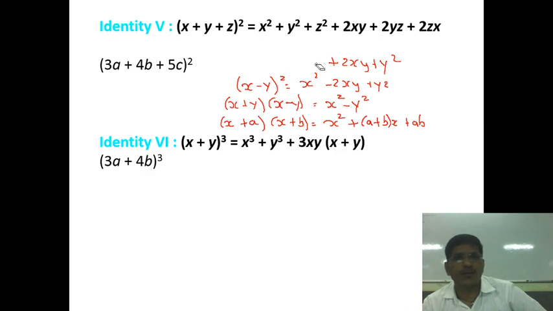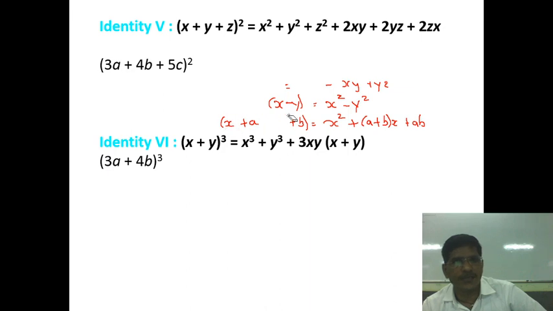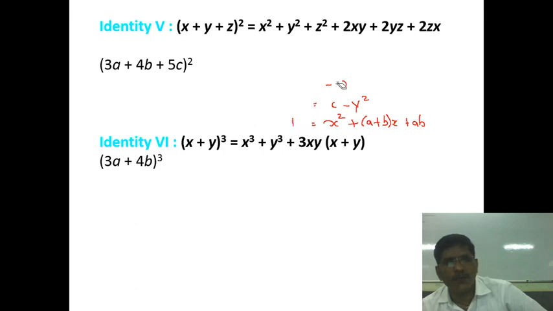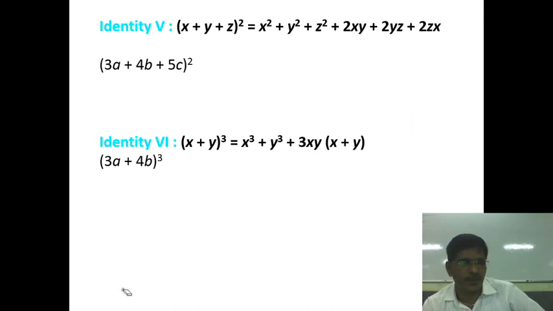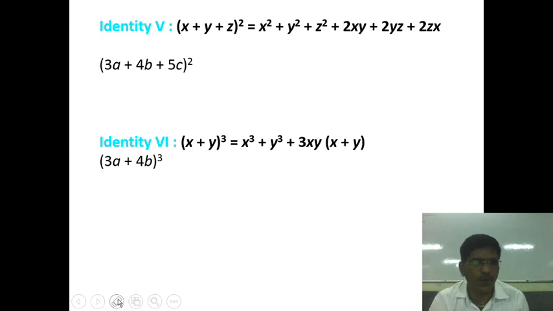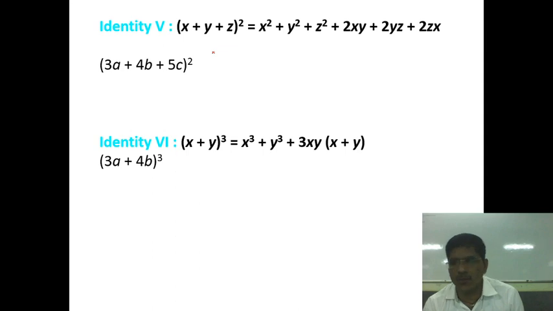That is our topic, that now three terms are there. In the first formulas, if you see properly, how many terms are there? Every time two terms and two brackets. But here now three terms are there. So if I want to open this, first of all, then we can generate the formula. How it is generated is not necessary. But anyhow, you have to remember the formula because it can be asked in an exam, and in government exams it is also asked.